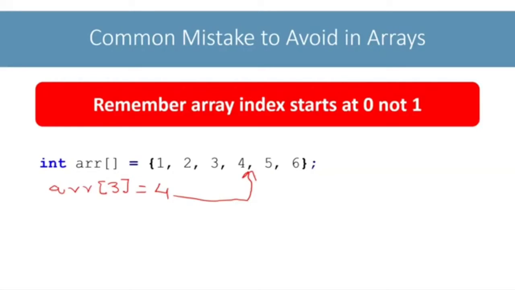Index of each element of the array will be like this. Third element is at index 2, fourth element is at index 3, so ARR[3] gives the fourth element. Writing ARR[3] when you want to access the third element of the array is incorrect. Don't make this mistake, otherwise you will lose marks. Third element is at index 2, so the correct way to access it is this.